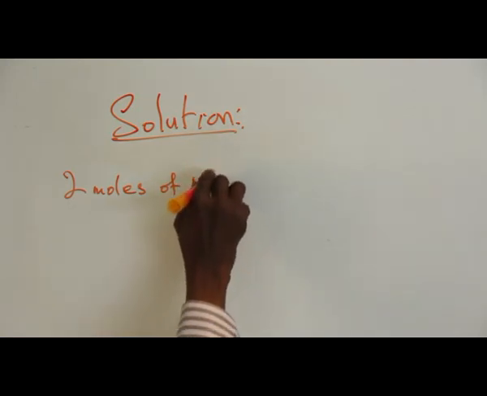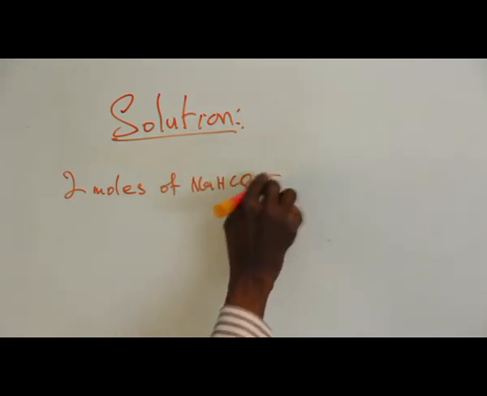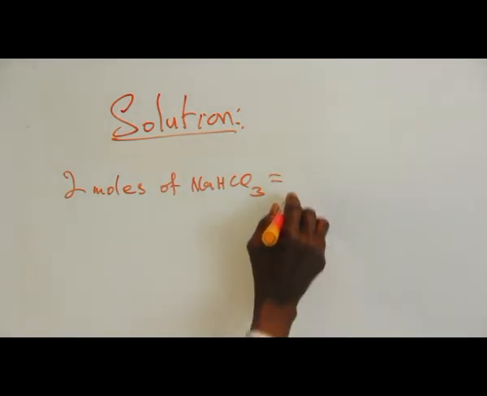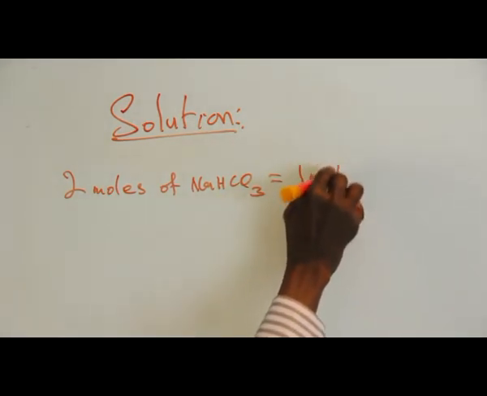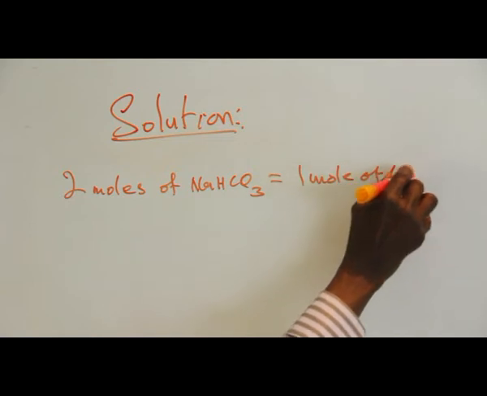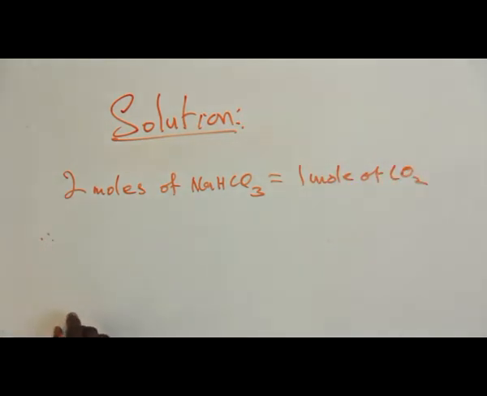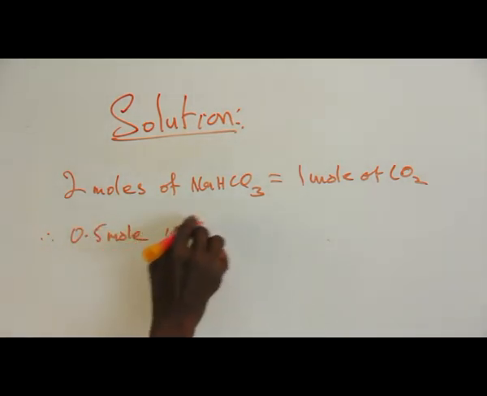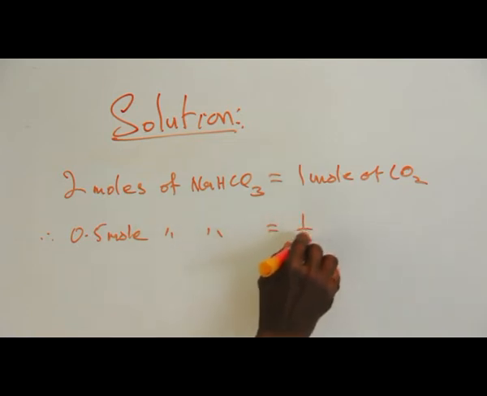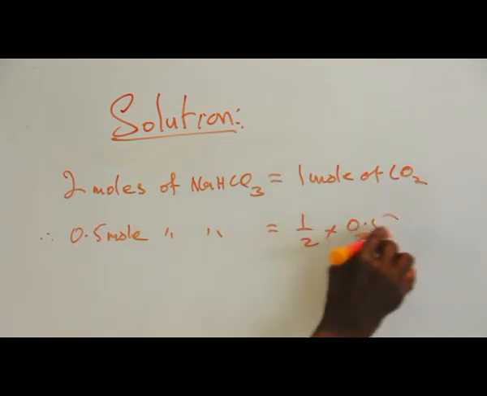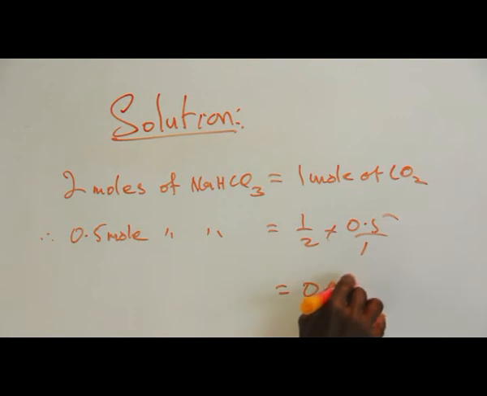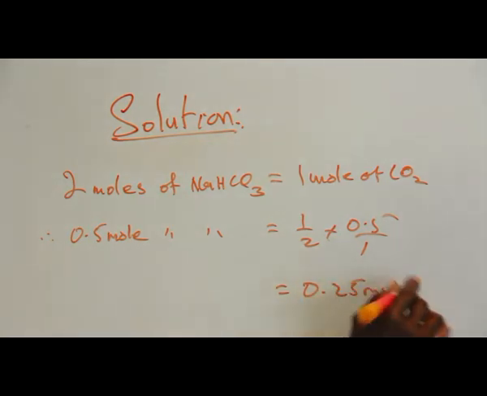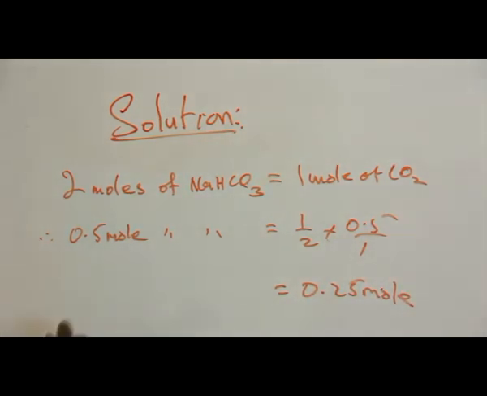of NaHCO3 produce 1 mole of CO2, but we are given 0.5 mole. 0.5 mole of this is equivalent to 1 over 2 times 0.5 over 1. That is 0.25 mole. Now we are familiar with the fact that 1 mole